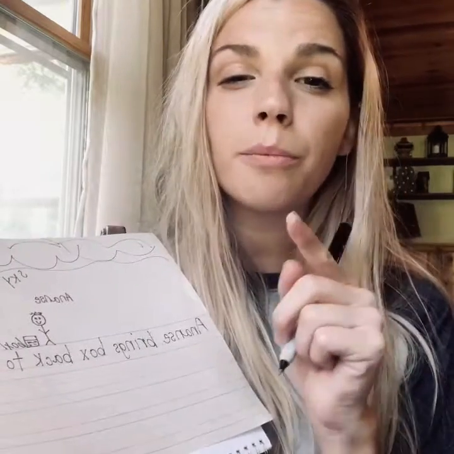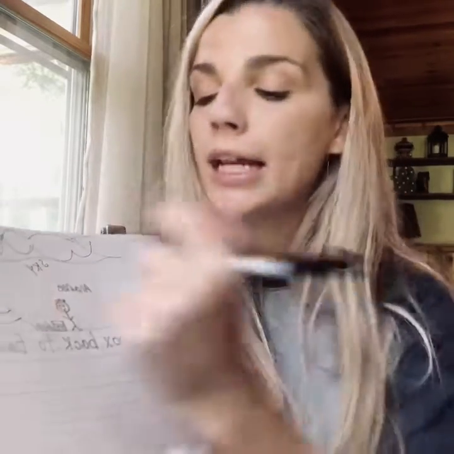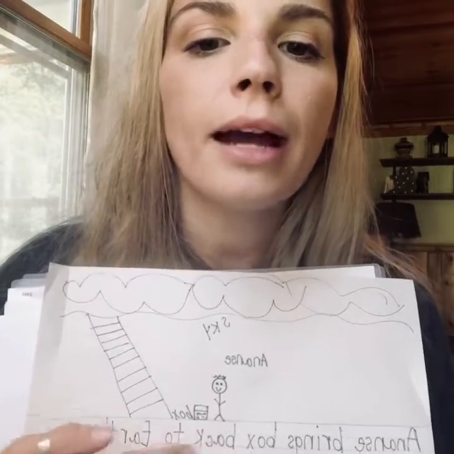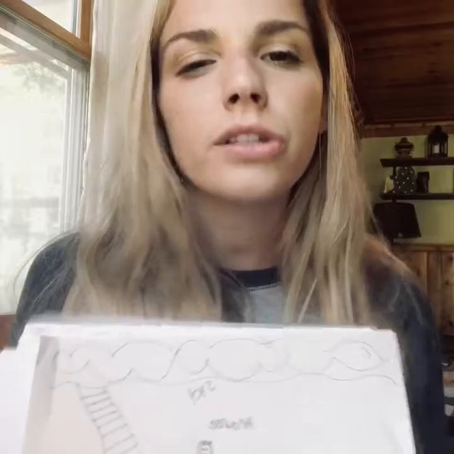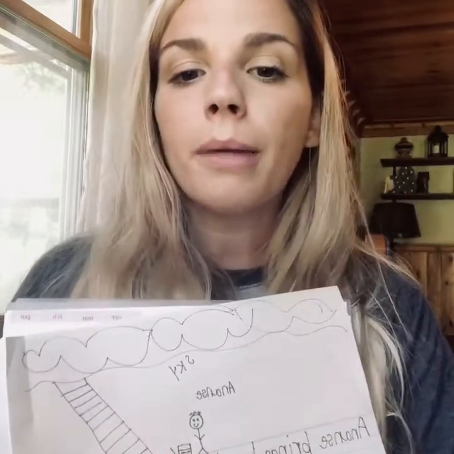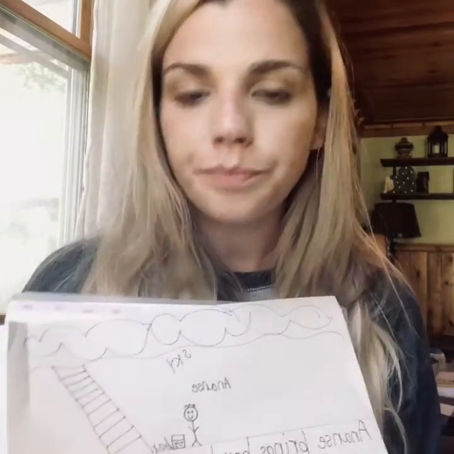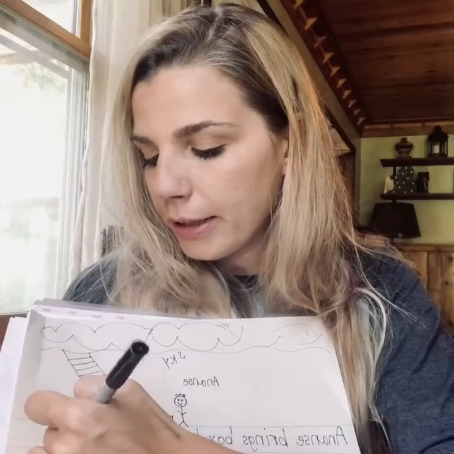And because earth is a planet, we're going to make it a big E. E, A, R, and then there's another blend, TH. Anansi brings box back to earth. That was my favorite part of the story. I really liked when he was able to bring it back and share the stories with all of the kids. But my sentence isn't done. What am I missing? My period. Very good. And now my sentence is complete.